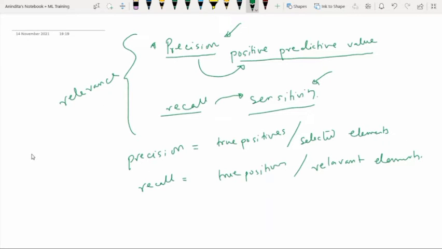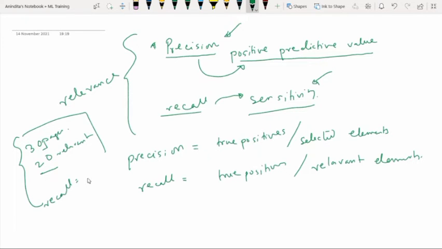Right? Means I can give you a very simple example. Say you are dealing with a search engine, say Google search engine, and in that search engine you have 30 pages, right? And only 20 of which are say relevant according to your search. So these are the relevant number of pages among these 30 pages. So how we can calculate this? So at this point of time, we can consider the relevance analysis over here. What is the recall value then? Let me calculate this one.